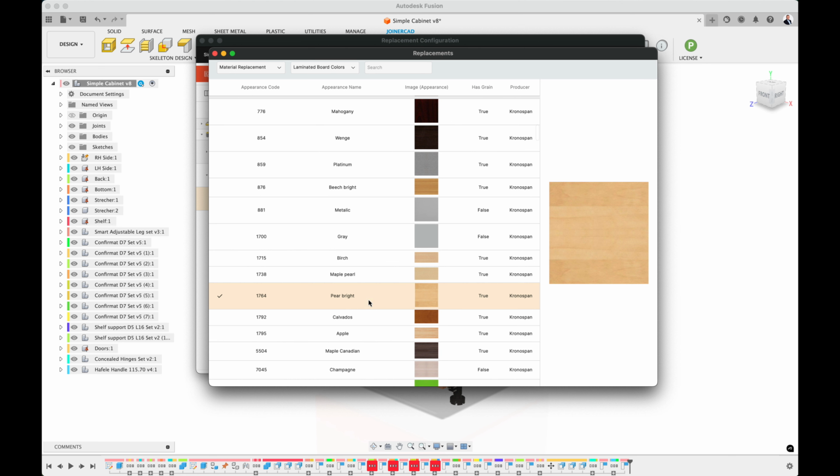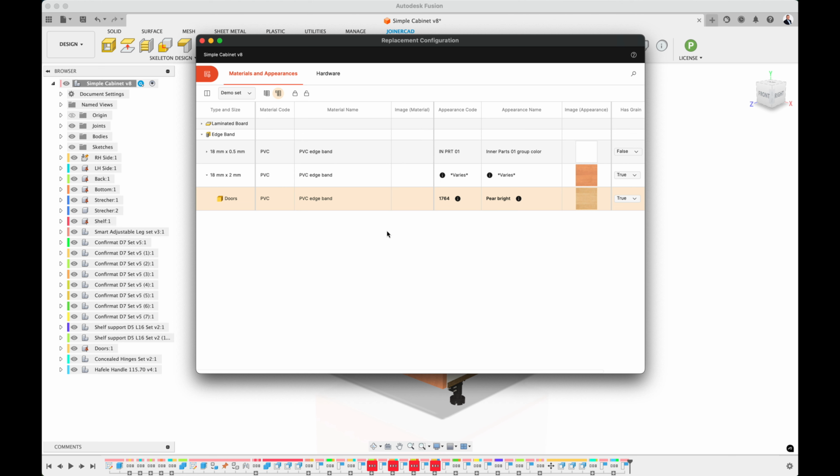This is also indicated by the info badge next to the entry. By right-clicking on the entry, I can call up a context menu that allows me to delete changes to a cell, a row, or a whole configuration.